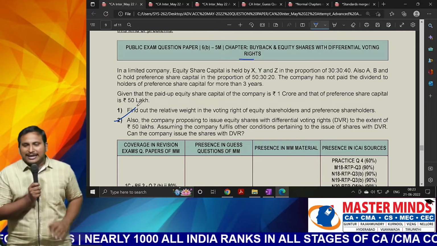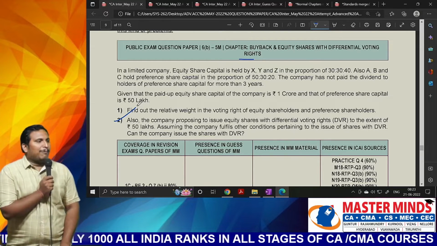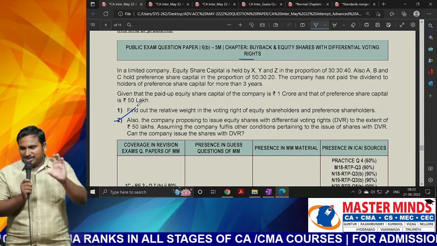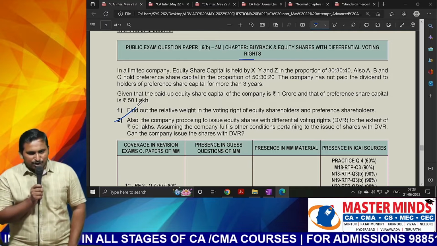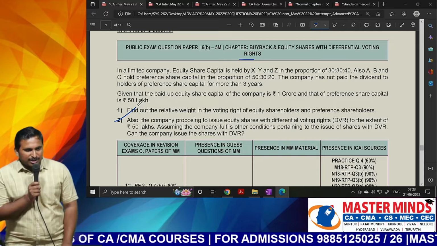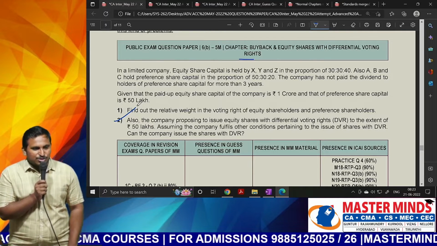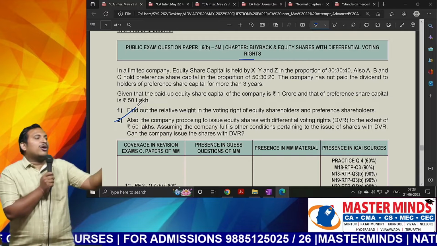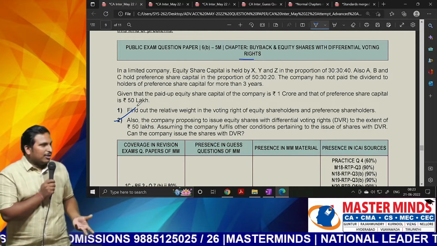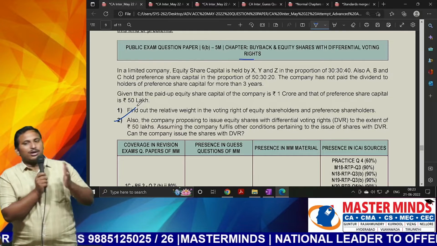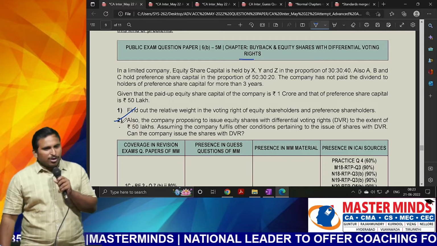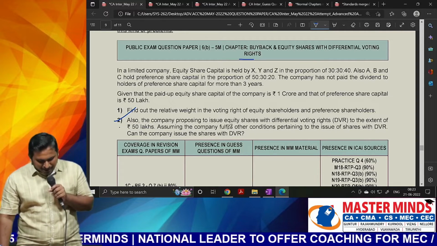And in law, you will get in-depth, sir. Against rules, you will apply in questions also. That along with DVR total, the DVR share shall not exceed some 76%, 74, like that you got an amendment also. Previously, it used to be 26%, sir. Later on, there was an amendment that it has increased to 74. Like that, in your law, you will learn more. In accounts, actually, we don't apply more. We just learn about what can be issued with differential rights, what cannot be issued, and the basic purpose. Here, they have tested a point from law only. I should say that. But it is not difficult.